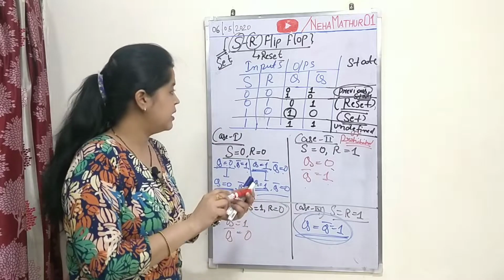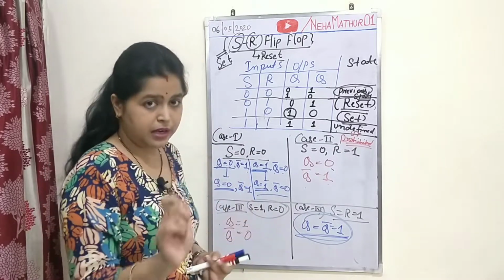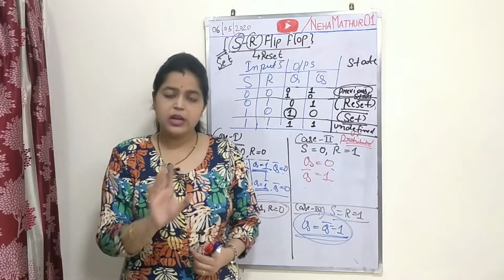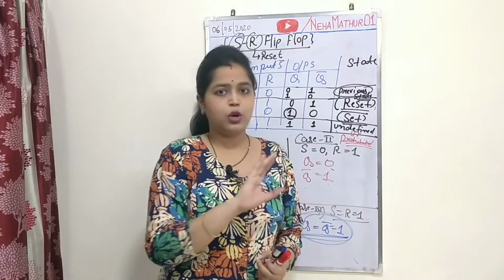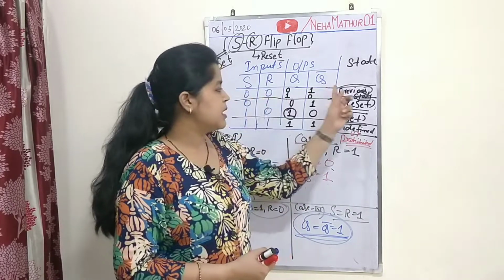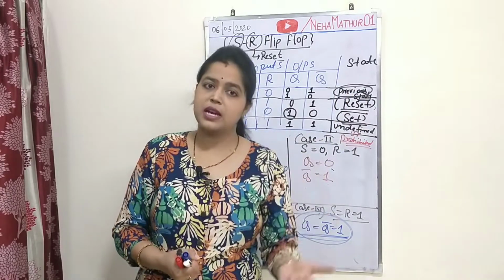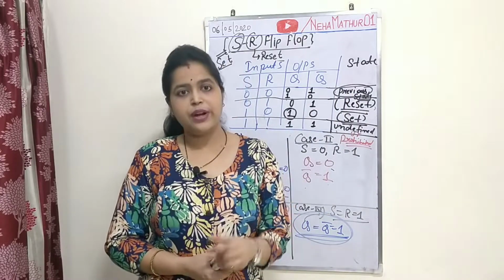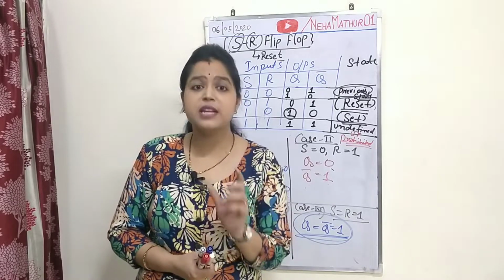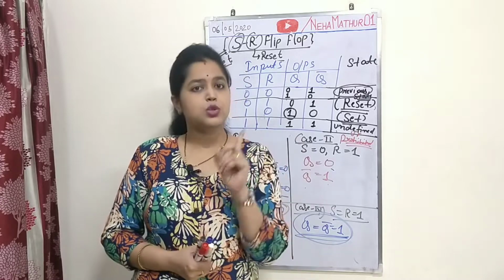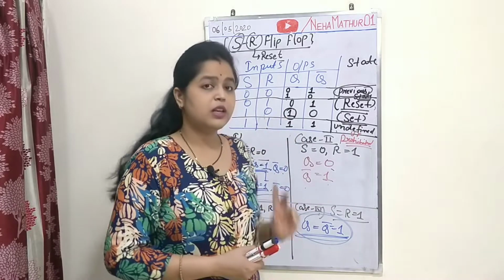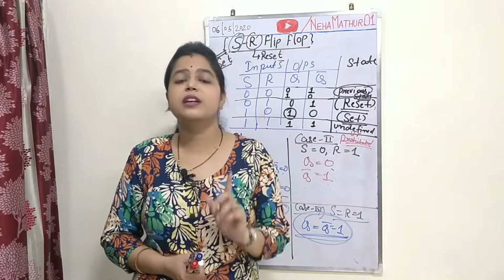So hope you are clear with the concept of the SR flip flop, and I am repeating again. In the first case, when both S and R are equal to 0, the calculation of output is not possible without its previous assumption. This is the reason the first case comes under the category of previous state, while the second case, when S is equal to 0 and R is equal to 1, comes under the category of reset state, while when S is equal to 1 and R is equal to 0, it will provide Q equal to 1 and Q bar equal to 0 with the set state condition.